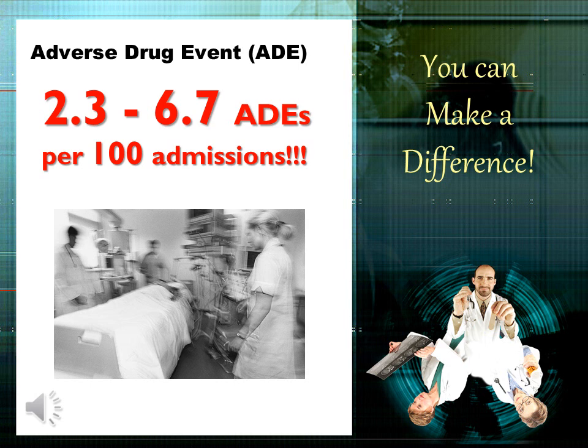occur per every 100 admissions. In other words, 1 out of every 20 patients admitted to the hospital will have some type of adverse drug event, whether it be an extreme reaction or a medication error that is made. The same is true on the ambulatory or clinic side as well. There are still medication errors that occur there, so clearly there's still room to make improvements in our medication use